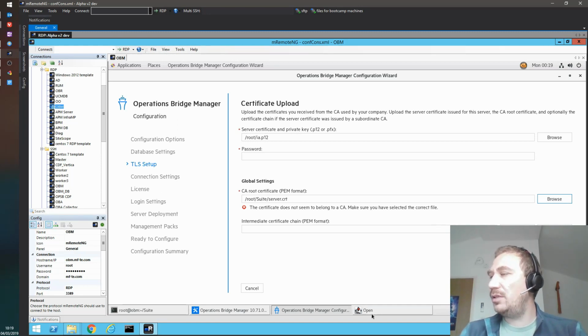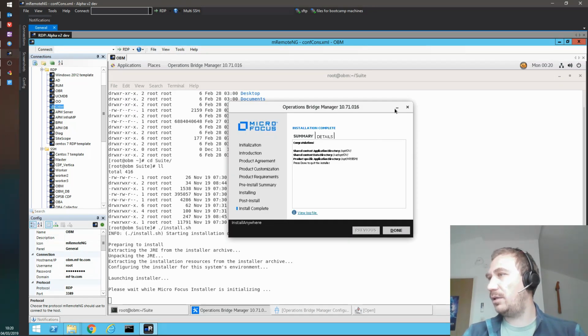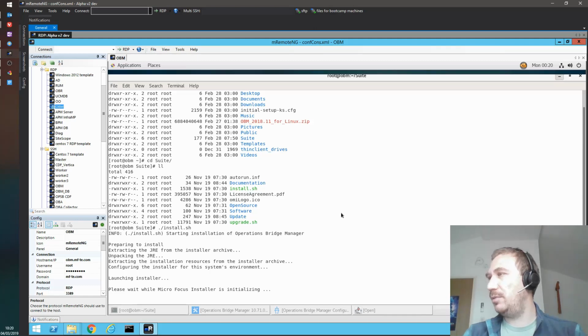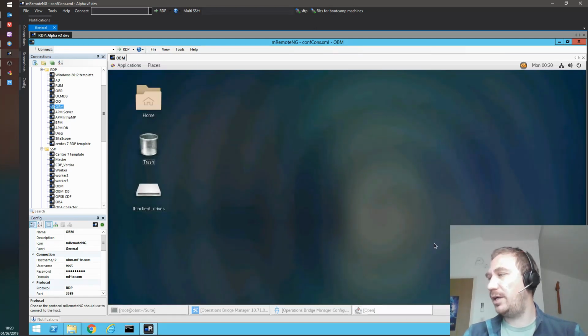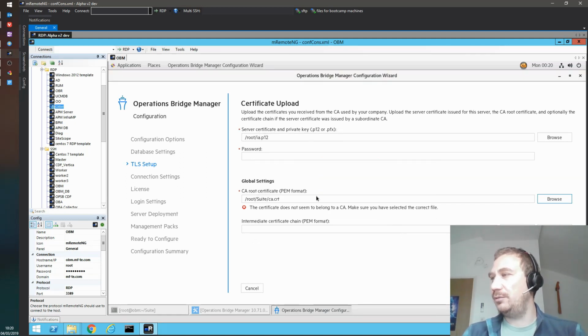I took the certificates from the CDF, self-generated certificates, which do have a CA, certificate authority, in it. Can't open it right now, not sure why. Let's minimize that window for a sec. Maybe the open files dialog is hiding somewhere in the background. There we go. So we have the CA.crt, and this message says, well, the certificate does not seem to belong